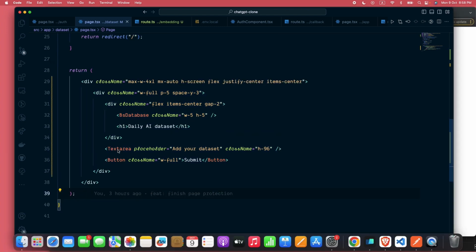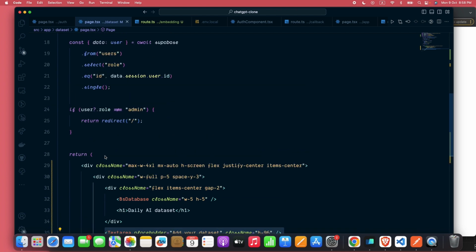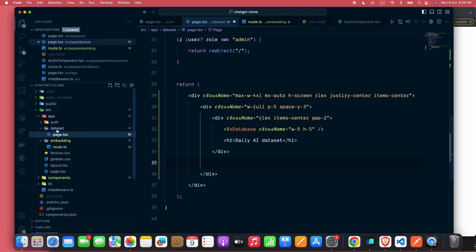All right, so if you want to call it from here, we need to transform this into a client component. But right now this one is in the server page. So I'm going to cut this out and create a new component for it. Inside the dataset folder right here, I'm going to create another folder called component. And inside this component folder, I'm going to create a file